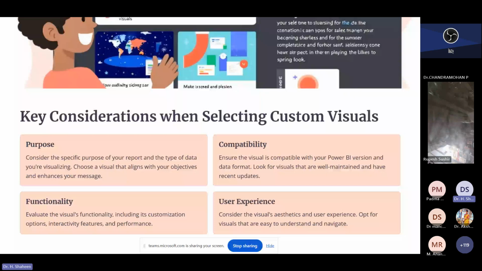And one more important thing is about the security. You have to verify the visual's source, especially if it's third party; you should ensure it's from a trusted developer. You can consider any data privacy implications before using these visuals, because it might send your data outside your organization, since you are dealing with some